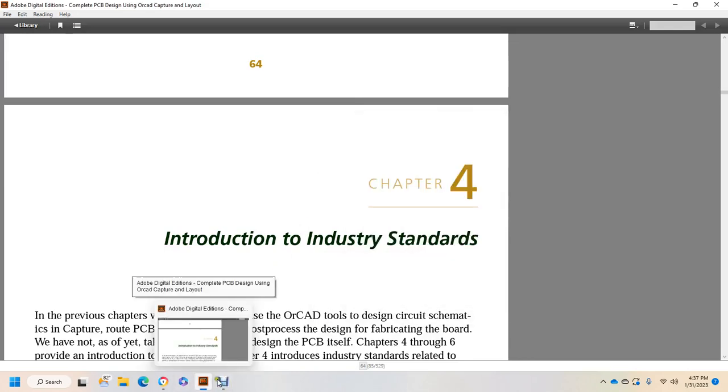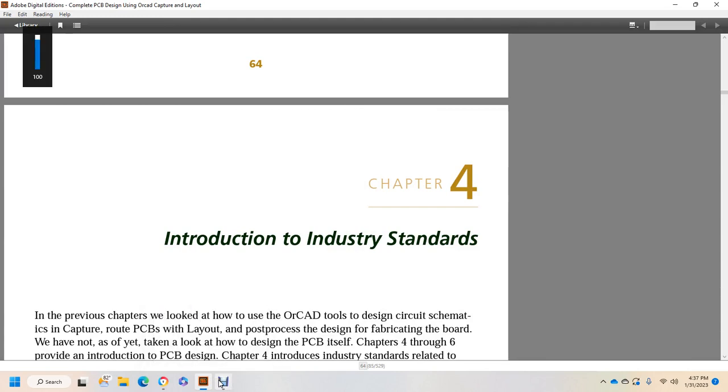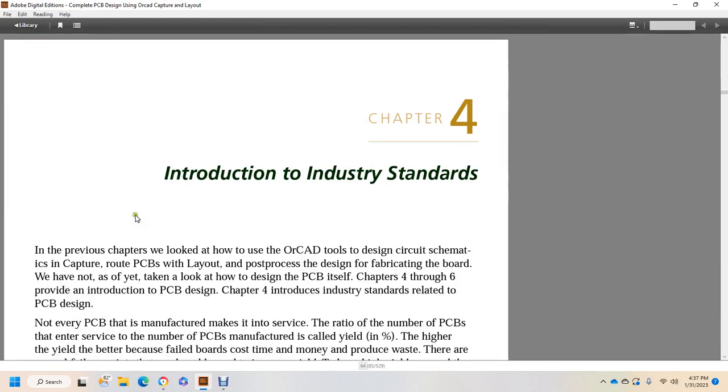Alright, Chapter 4. Chapter 4, Completing Printed Circuit Board Design Using OrCAD Capture and Layout. Introduction to Industry Standards. In the previous chapter, we looked at how you use the OrCAD tool for the design